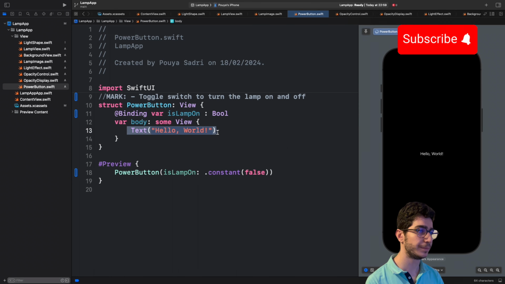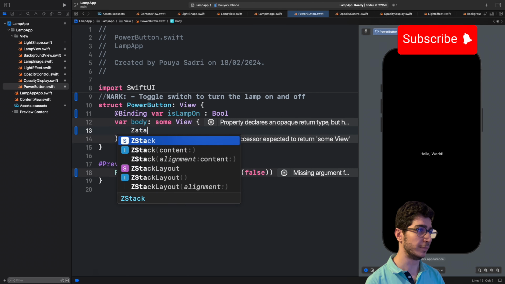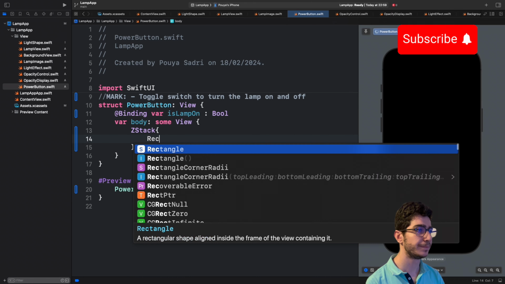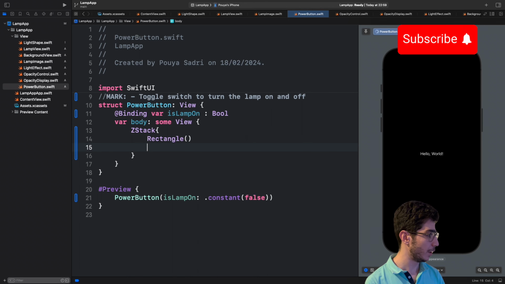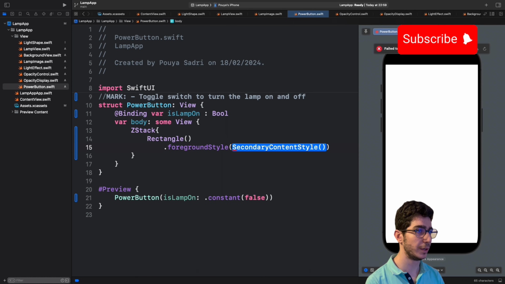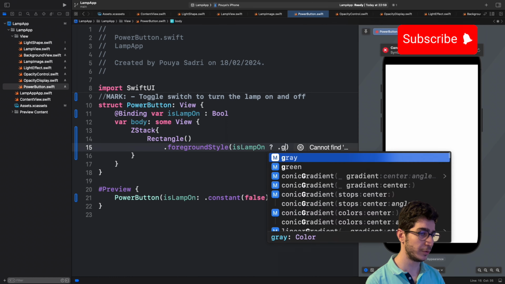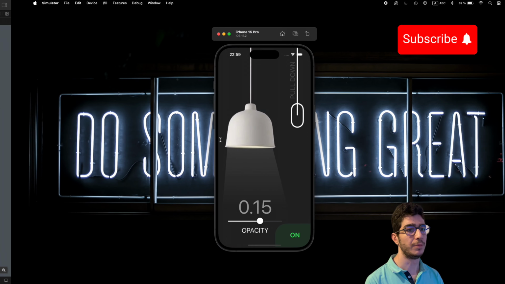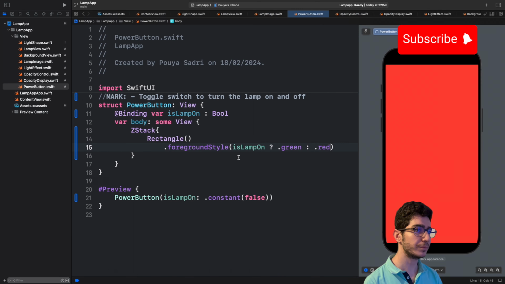So here we have ZStack, and then we have to pass a rectangle, and the foreground style would be is lamp on, then we have that green, else that red. We build this one here,